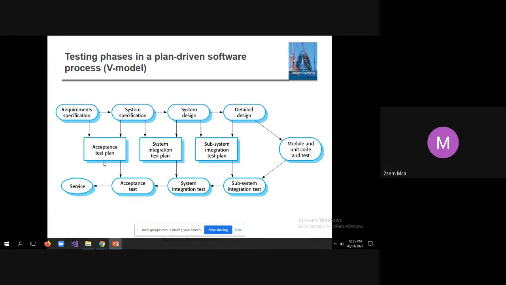Okay, QA is different and testing is different, but both look similar. See, in QA, what happens? In quality assurance, they will have something called metrics. They will check the application against the metrics, and if they get satisfactory results, then it will be accepted and sent for further deployment.